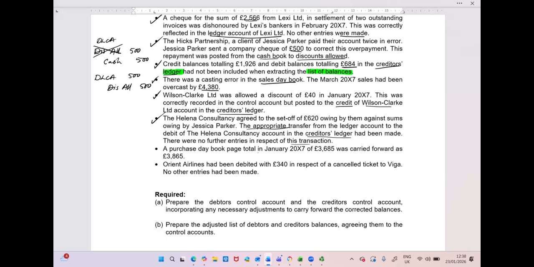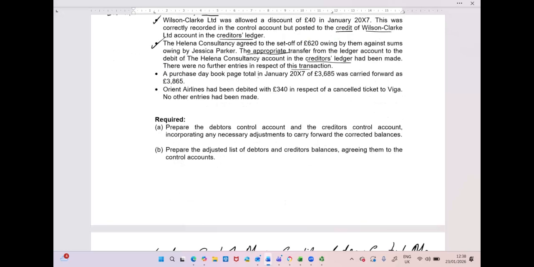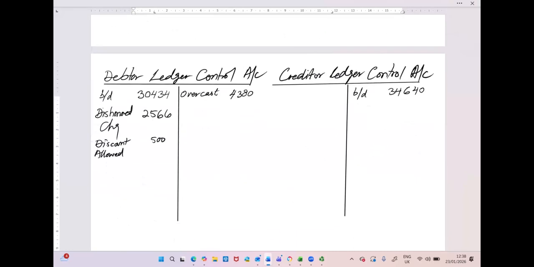So actually, this is an example of contra entry. Please make sure you have watched my previous video on control accounts in which I have explained the contra entries. So we need to record the contra entry, and the contra entry will be in the control accounts, 620 and 620 on this side,